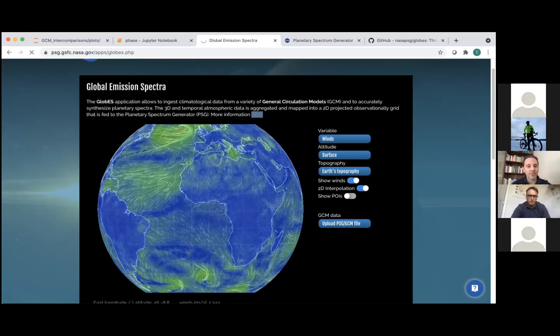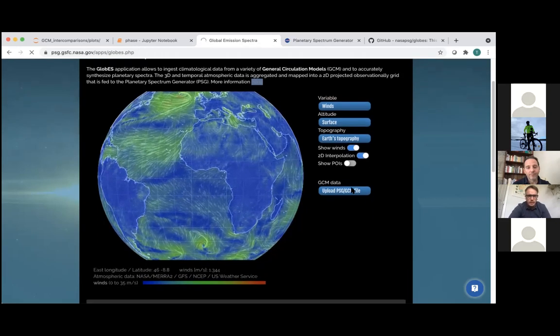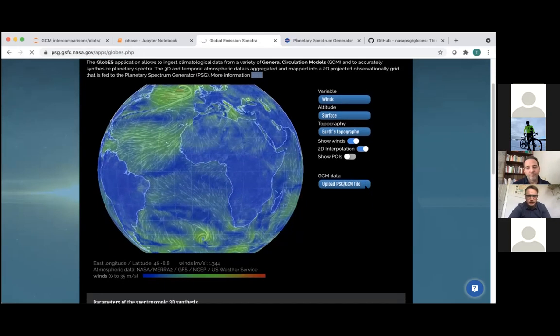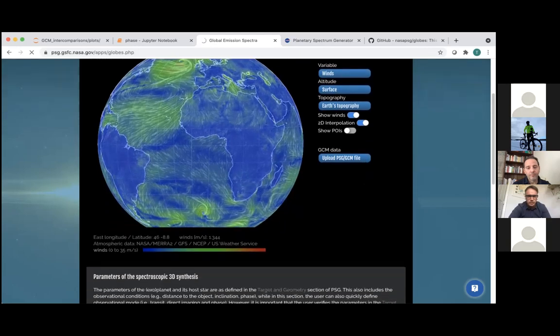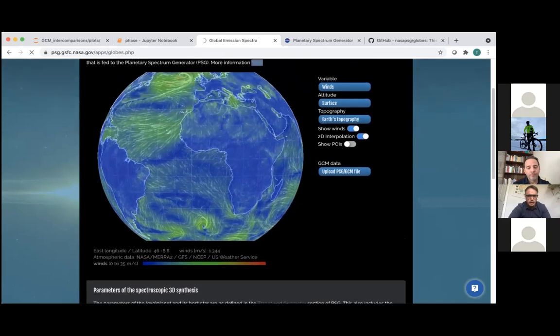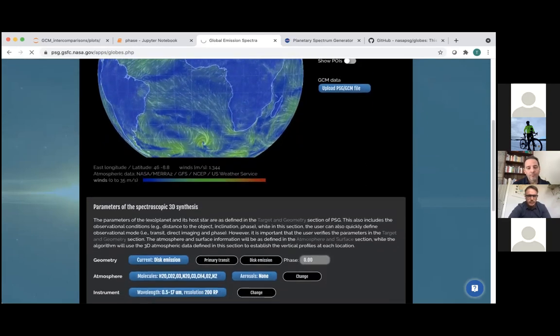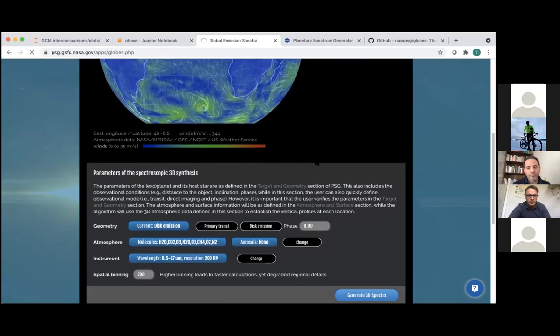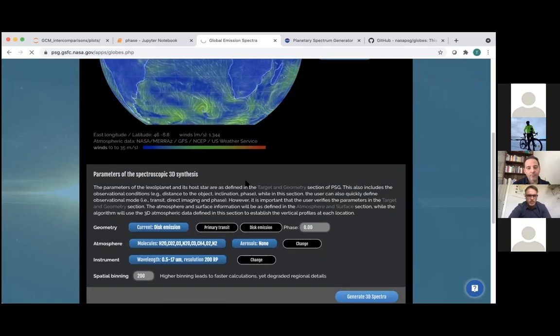But as Thomas was saying, this is because we're going to run it in the online version. It usually takes a little bit more time, maybe because of the screen share. I also think when I am on a VPN, it goes faster, but here it's a little bit slow, but it's still loading. Basically, your file will be uploaded here, and you can still change a few